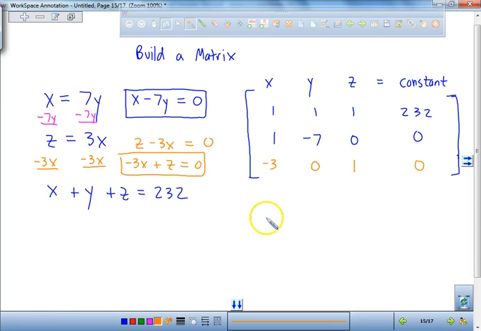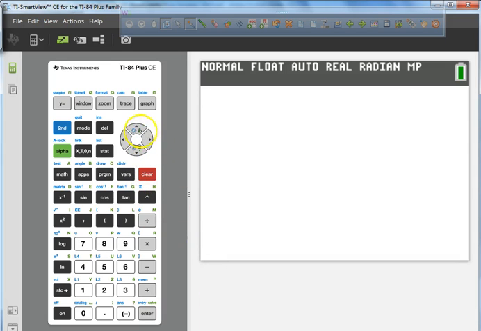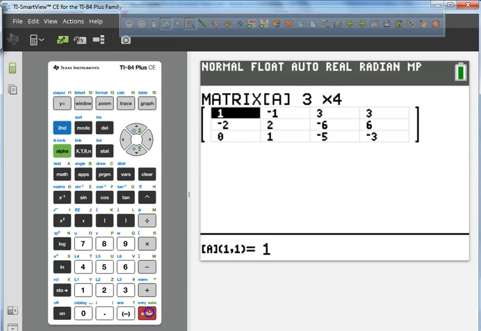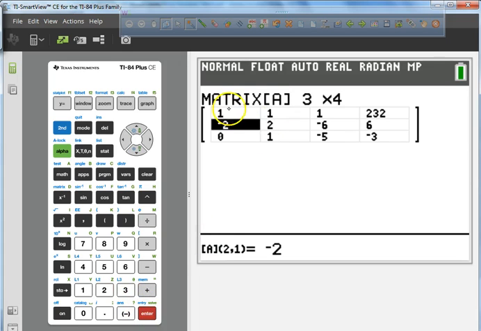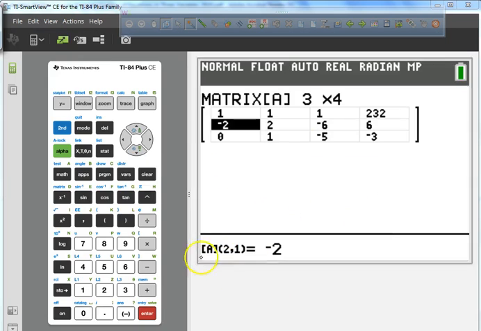All right, so if we plug all these in correctly, we should still get the same answer. So let's go ahead and test it out, okay? I'm going to go ahead and clear, oh, didn't mean to clear all that. Oh, well. I'm going to hit second matrix. I'm going to go over here to where it says edit. Press edit. It's still a 3x4, but now it's going to be a 1, a 1, and a 1, and that's all equal to 232, which means the running plus the swimming plus the biking is 232. And let's look at the other one. It said what? 1, -7, 0, 0. So I got to type in a 1,